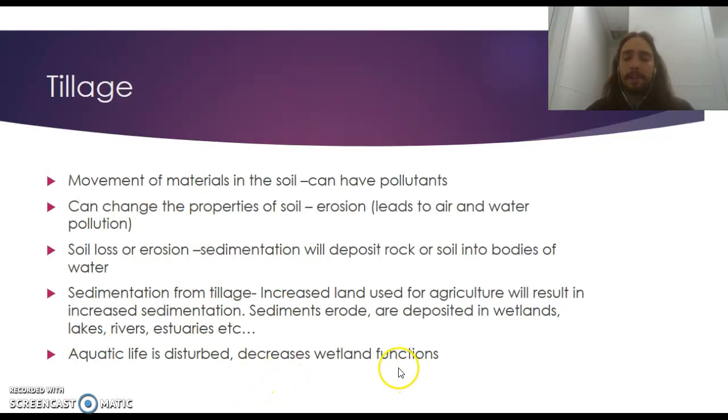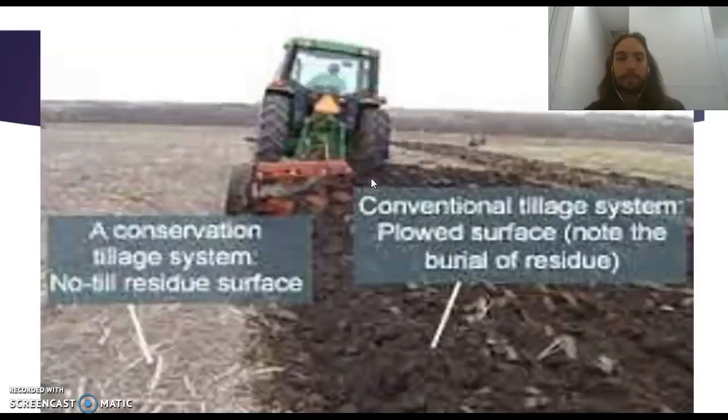It decreases wetland functions, and I could have 15 units on wetland functions, especially if I'm from Michigan. We know all about wetlands. They're really good. They stop floodwaters. They are natural pollutant cleaners. They have a lot of niche species. A lot of tourism is involved with those. Wetlands are amazing. They do a lot more than people think about.